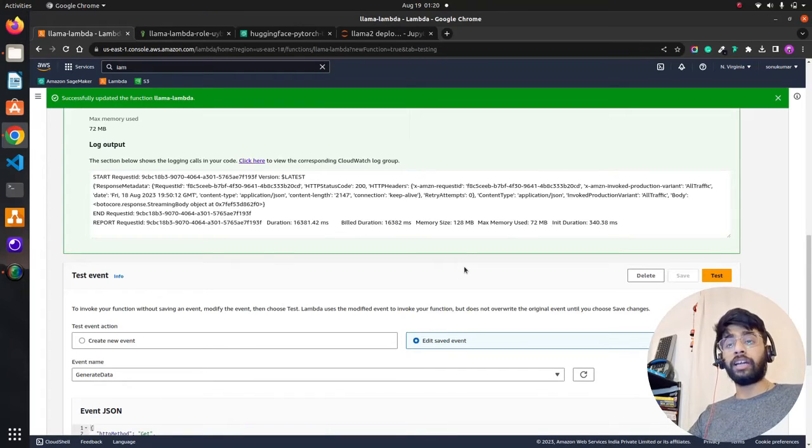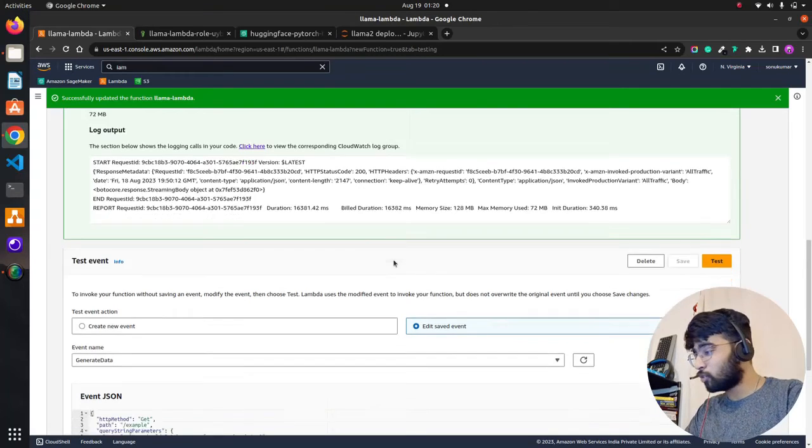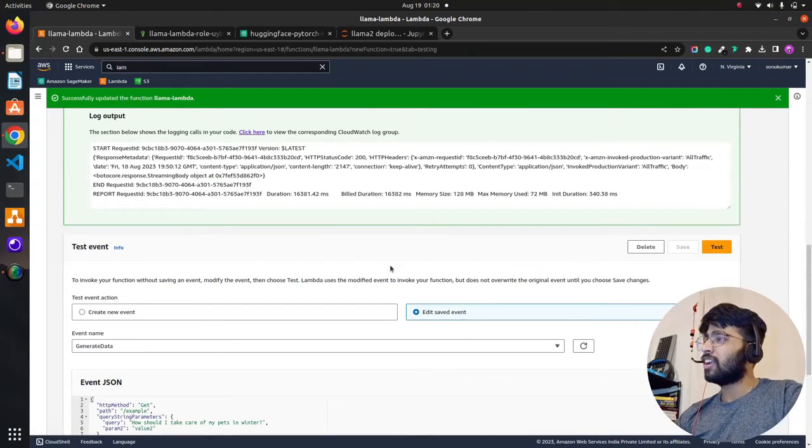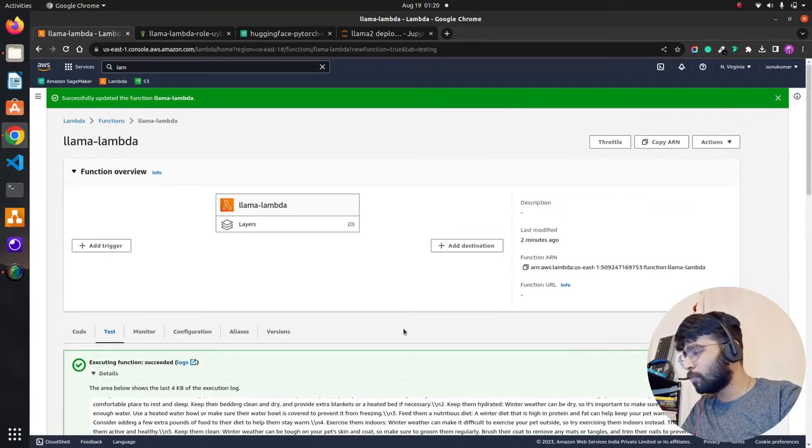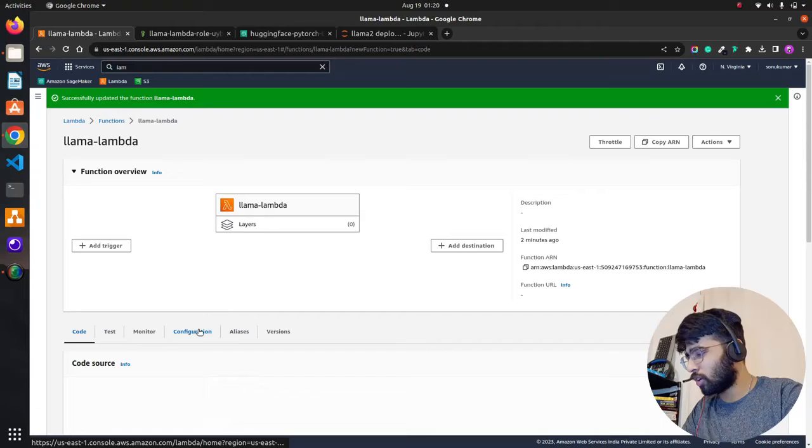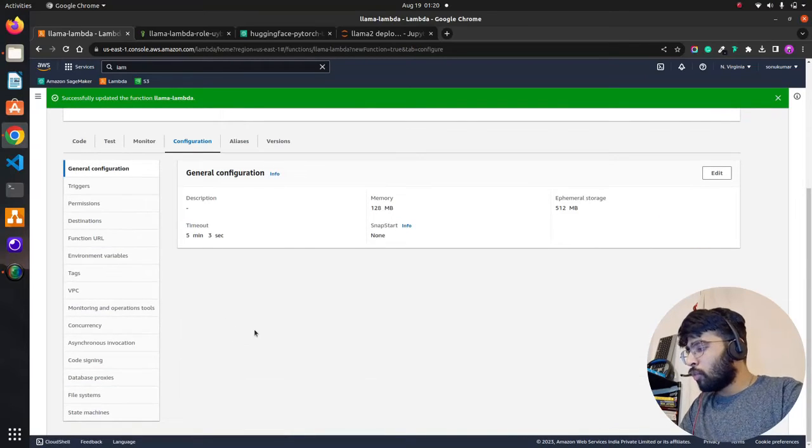And now we can create a function URL or an API gateway or both, to test it out. Let's do that, guys. Let me bring my monitor. Let's now go back to code and, of course, configuration. Now what we are doing here,